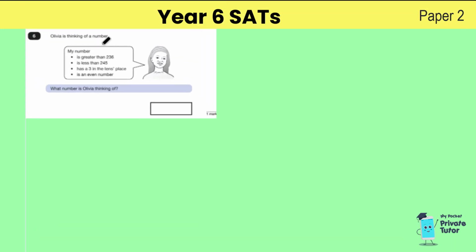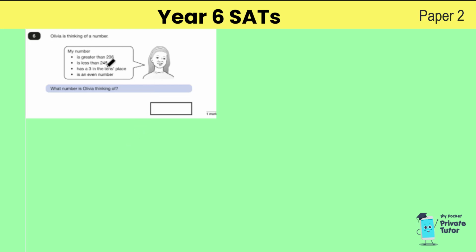Question 6. Olivia is thinking of a number. My number is greater than 236, it's less than 245, it has a 3 in the tens place, and it's an even number. What number is Olivia thinking of? So what we're going to do